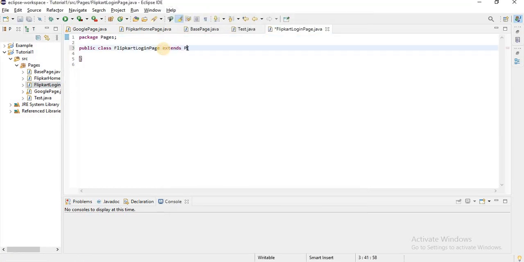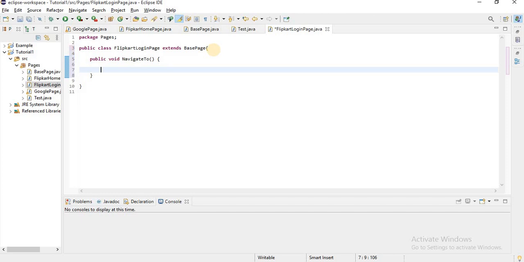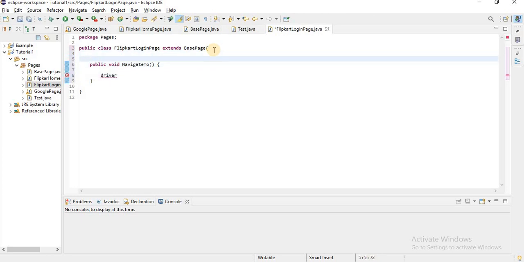We will extend the base page here also. And the first thing we are going to do is public void navigate. Now here we don't have to write the URL. So what will you be writing? First you will create here